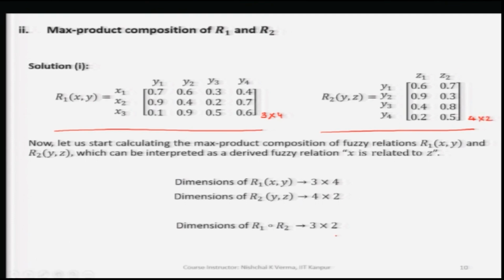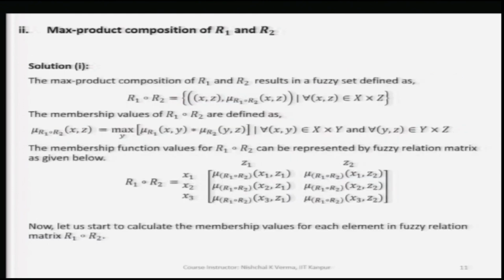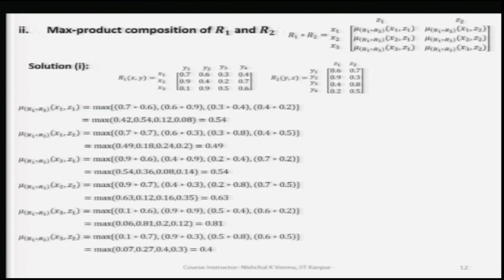So, we see that we can multiply these 2 matrices, and the resulting matrix will again be 3 cross 2. So, what we do here is we first take the first row of R1 and then the first column of R2, and here